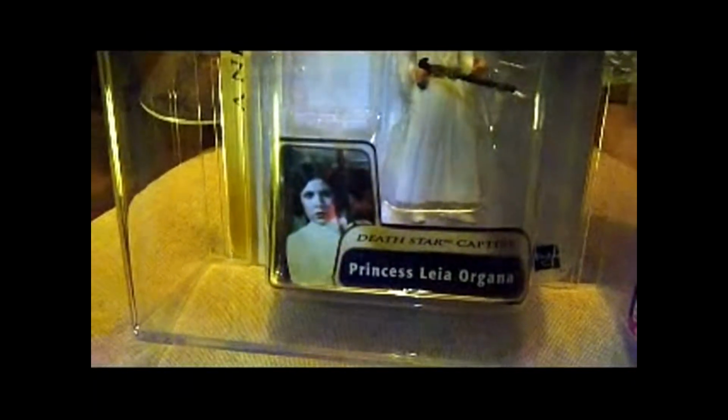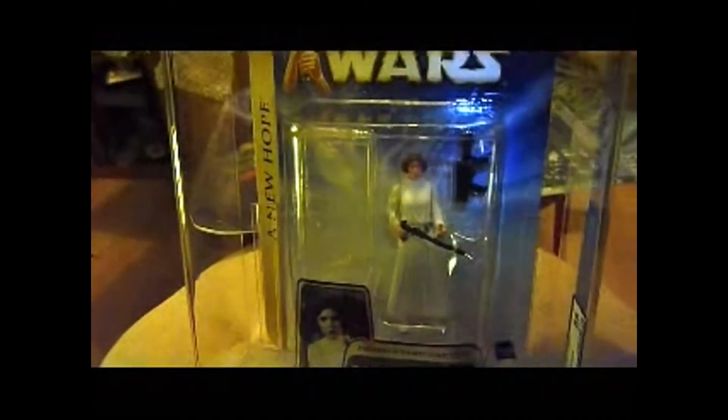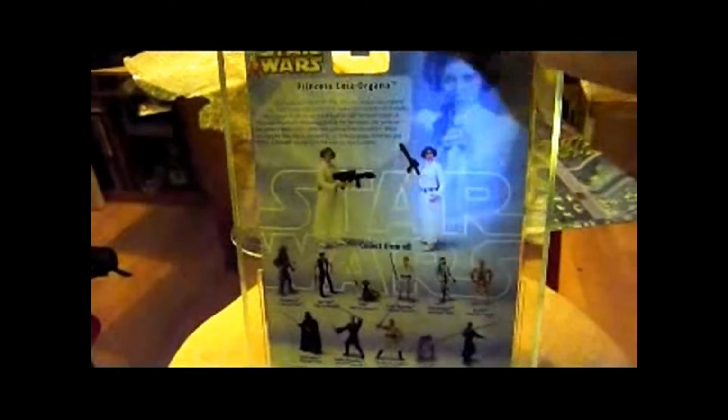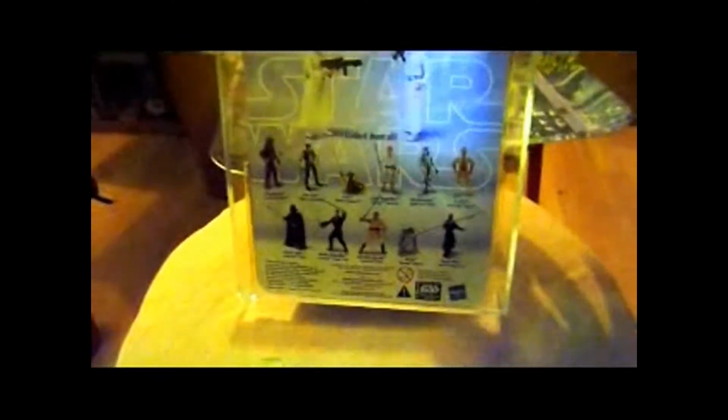It says Death Star Captive, and has a picture from A New Hope there, Princess Leia Organa. And let's see, it comes with an action stand, which is again clear, and then if I turn it around, you can see the back of the card. You can see an image of Princess Leia there, the figure in two poses, and other figures that were available in the range at the time,